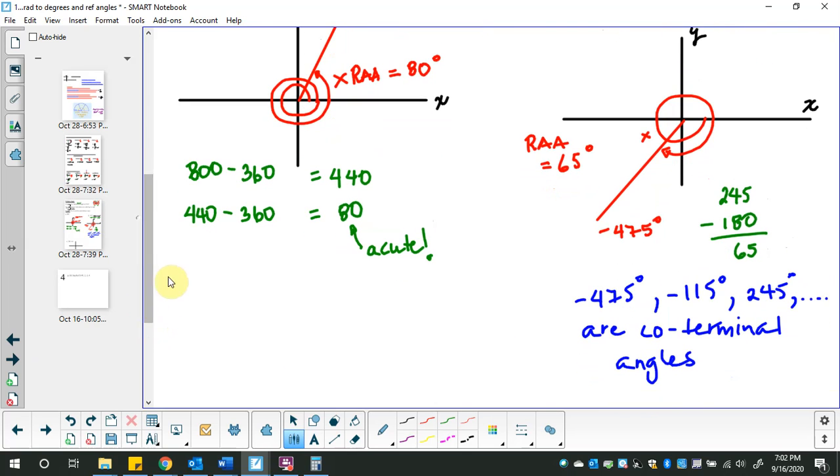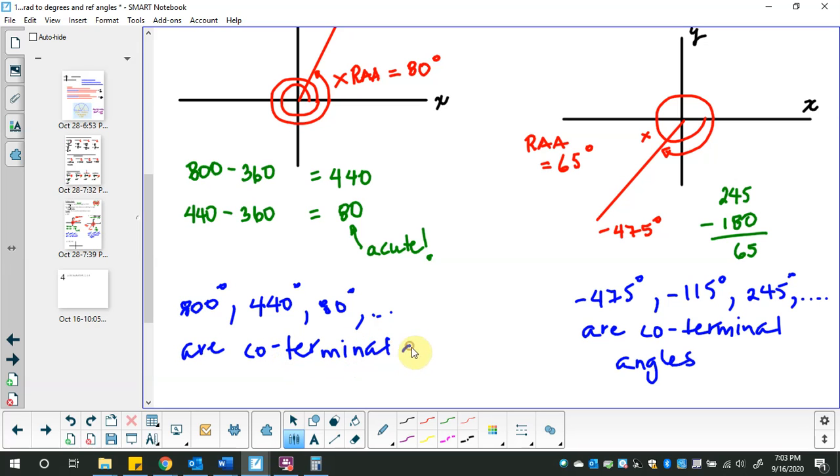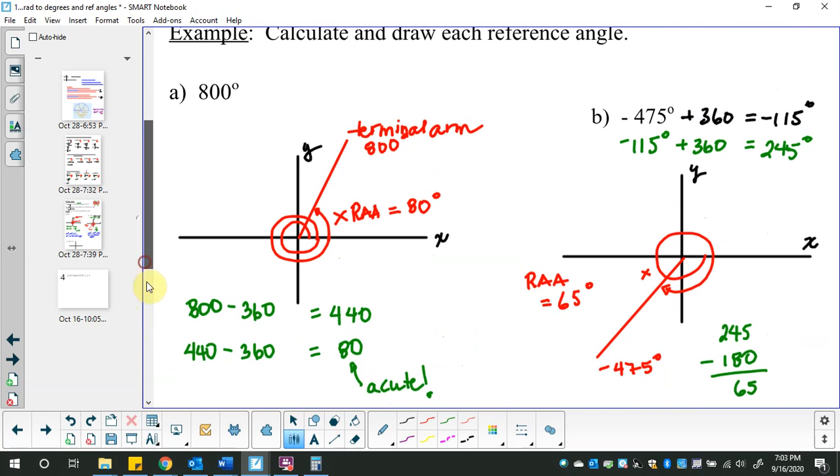Thank me when you make Jeopardy. So in this question, 800 degrees and 440 degrees and 80 degrees and a whole slew of other ones where you add or subtract 360 degrees are coterminal angles. Now before we go on to the other question, even though I'm not saving this exactly as it is,